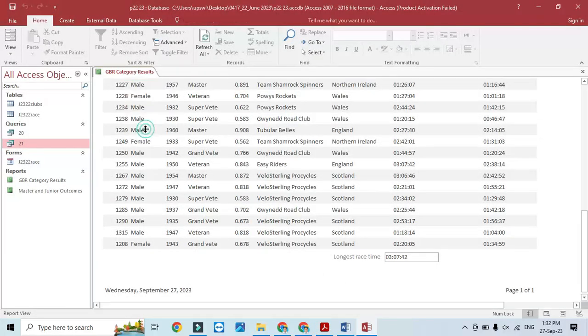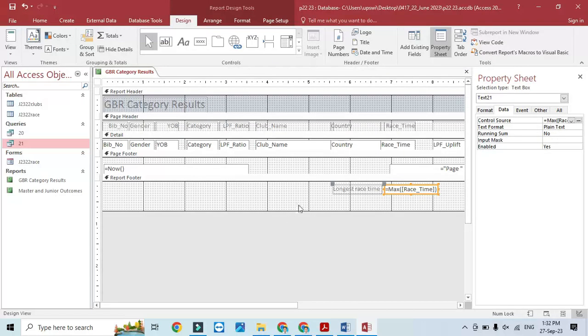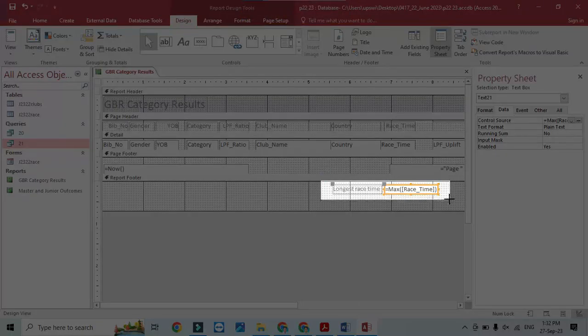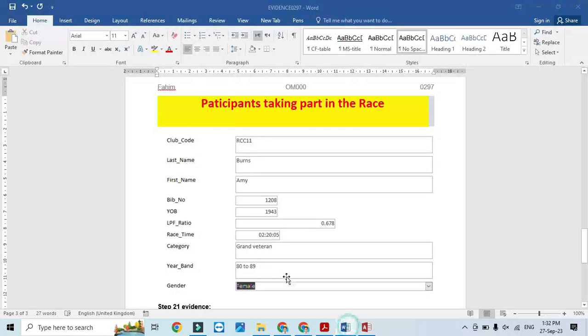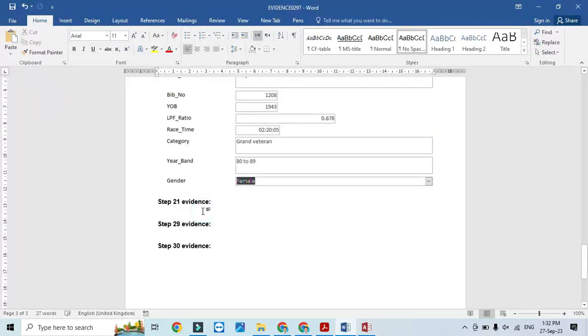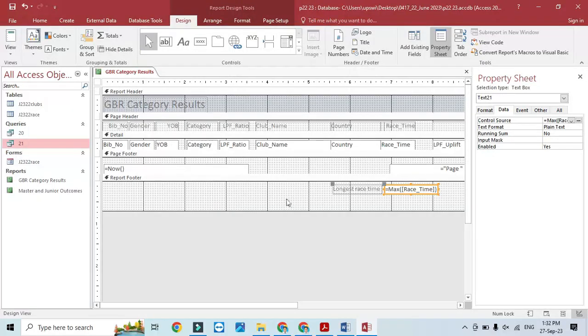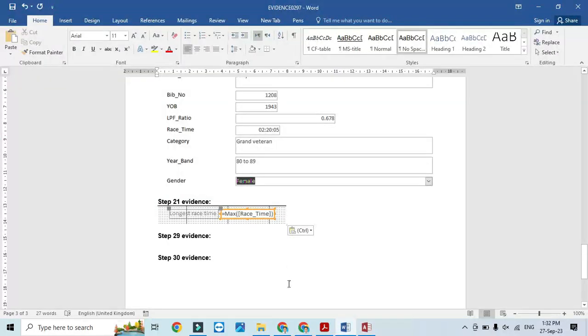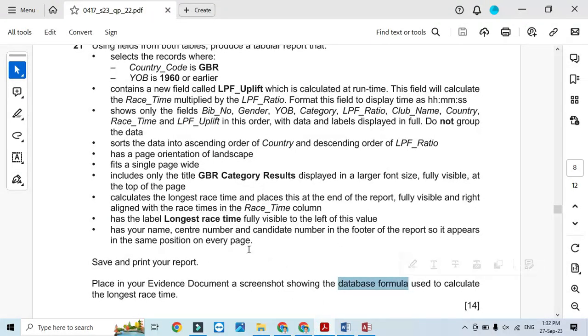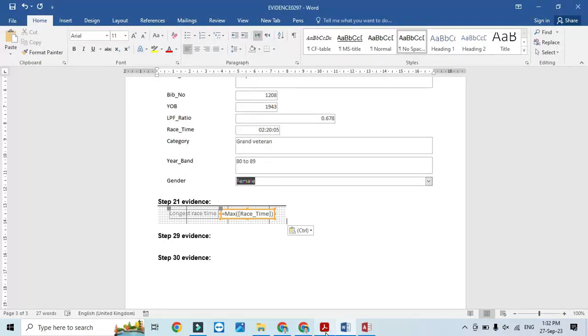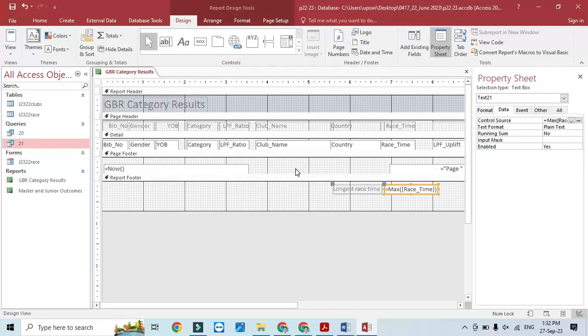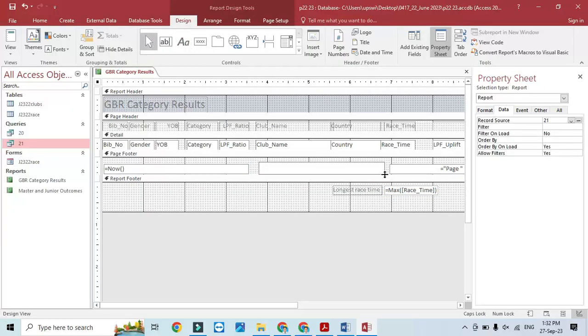So design view, we just simply take a screenshot of it, and then we just place it here as evidence 21, and we need to include our name and center number on every page. So it means it should be in the page footer. So we just include here our name, then center number and candidate number,